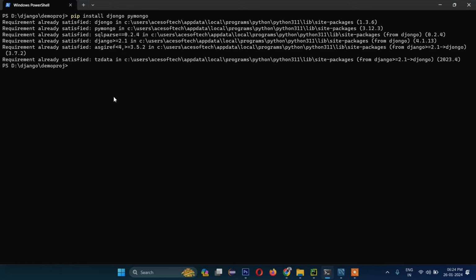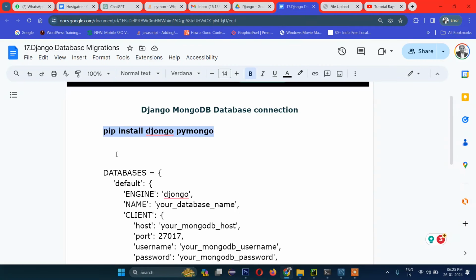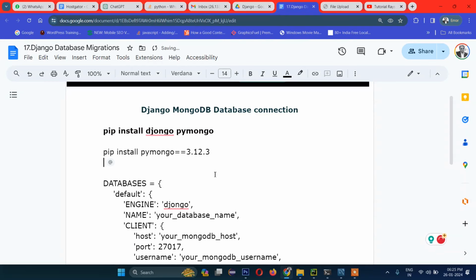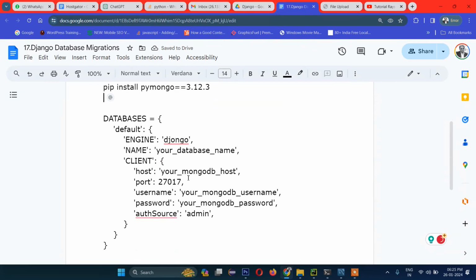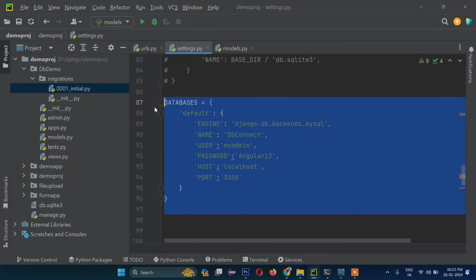So both of these I have already installed. Sometimes you may get this error. In case you get this error, then you need to specify the version. That means you have to install 3.7 or below. Okay, so in case you get any error, then you specify this version. That's it. So now let's go to our settings.py and comment this MySQL database connection,